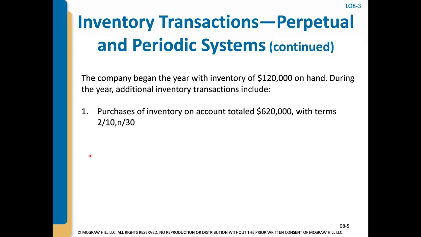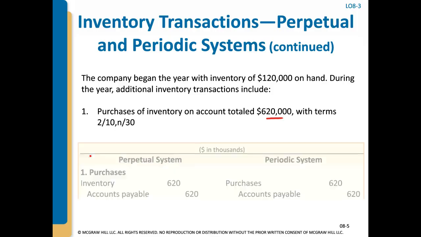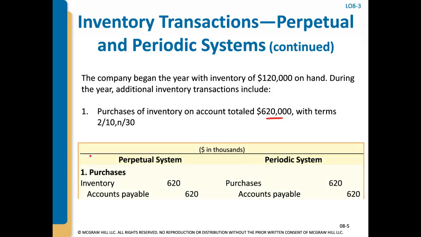Okay, number one was that they purchased inventory on account totaling $620,000 with terms 2/10, n/30, which means they get a 2% discount if they pay within 10 days, otherwise they owe the full amount within 30. So under the perpetual system, which is what most companies these days have, when we acquire inventory, it's just debit inventory, credit accounts payable for the